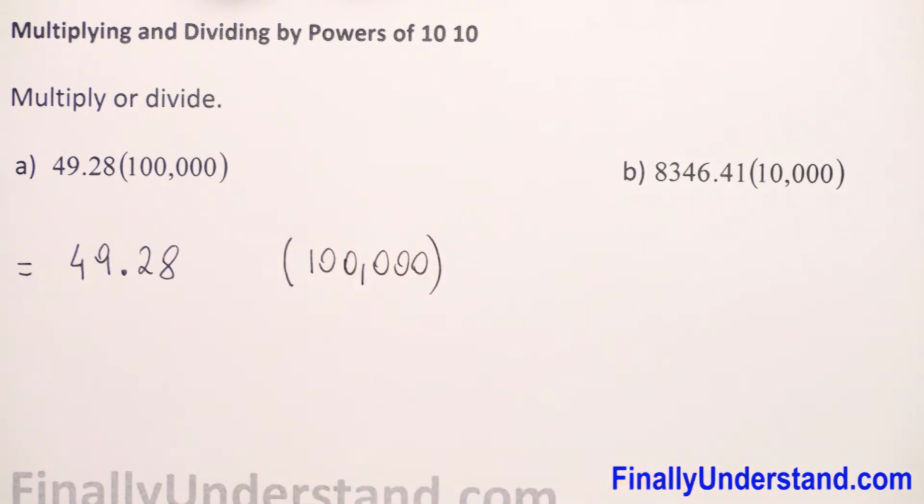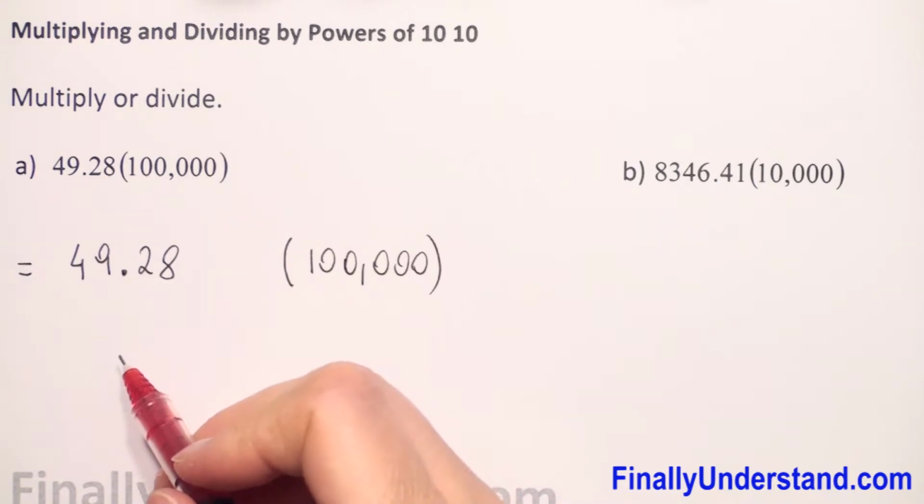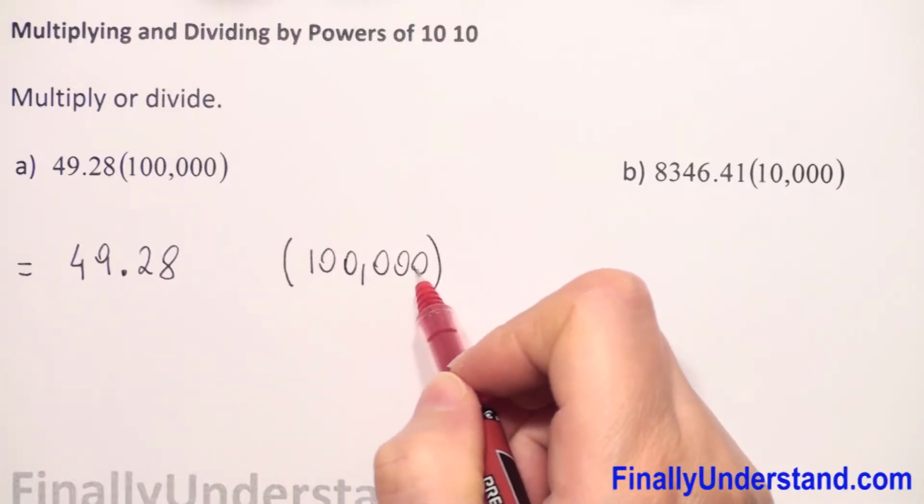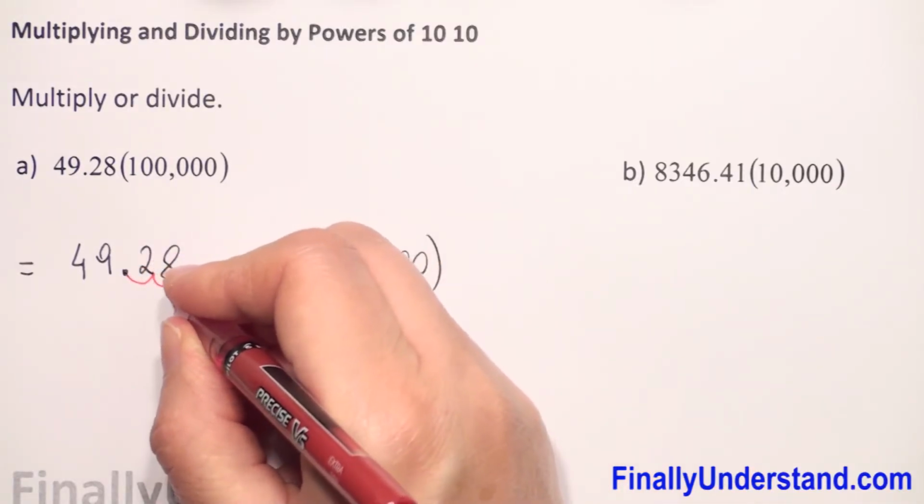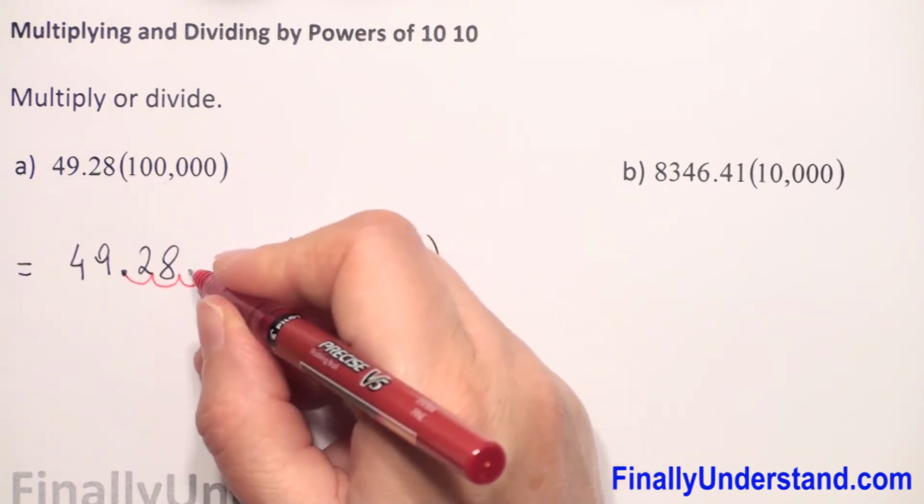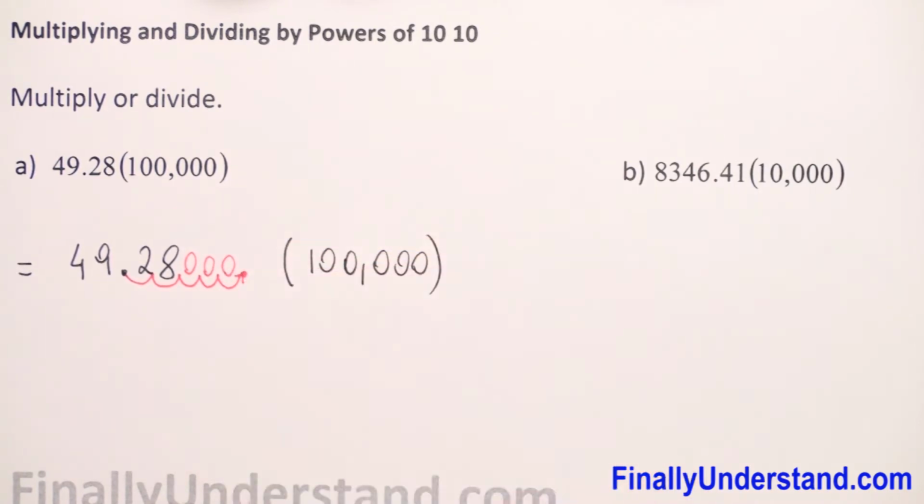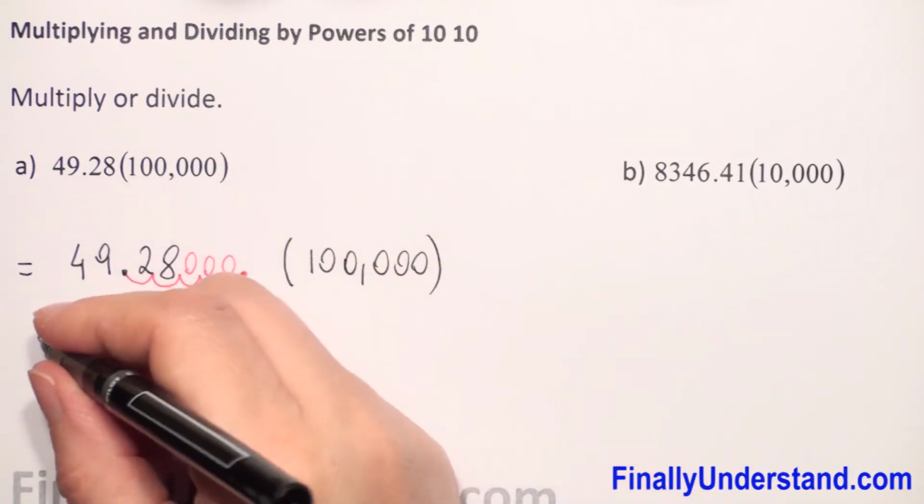Again, like I said, multiplication. So we move the decimal point to the right side. And how many decimal places? 1, 2, 3, 4, 5 spaces. And the empty spaces we have to fill with zeros. The decimal point will be at the end. So my solution will be